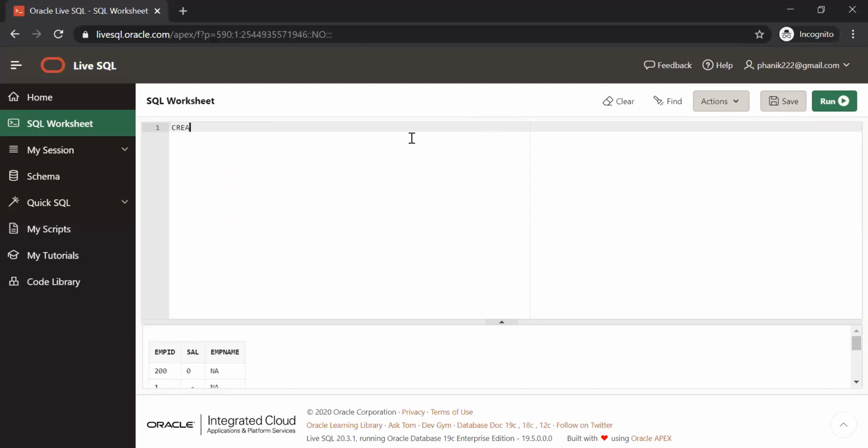Dependent ID, I'm saying. Here itself you can specify. You have never used default?